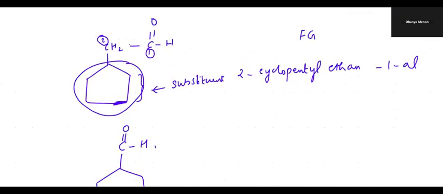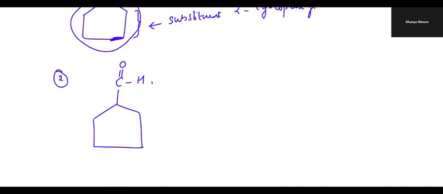CHO is not directly attached to the ring in the first question, but in the second question, CHO is directly attached to the ring, right? So here, definitely this is the substituent, okay? But here, CHO group is directly attached to the main chain. Okay. Now, in this case, if CHO is directly attached to the ring,